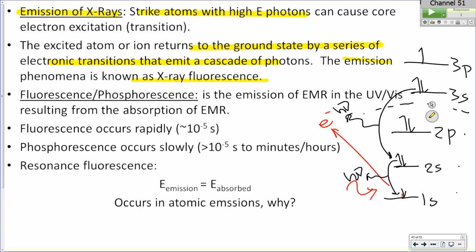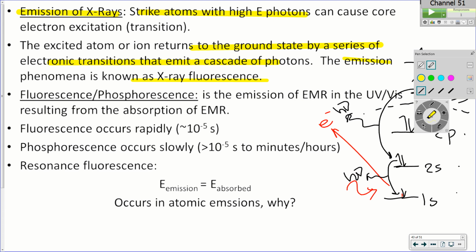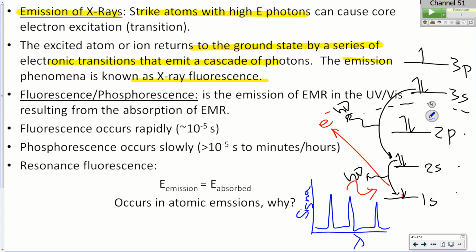So exactly what type of information is it telling you when you're doing that? Like, is it telling you how many energy levels it has? Well, the spectra that's going to emit back off, if we look at it, it's going to look just like a spectra that we're used to seeing. So if you look at wavelength versus signal, you're going to get, depending on what the energies are with these different transitions, so if this is a big jump, this would be a higher energy or a lower wavelength. So it's showing you the transition. It's telling you the transitions associated with that particular element.